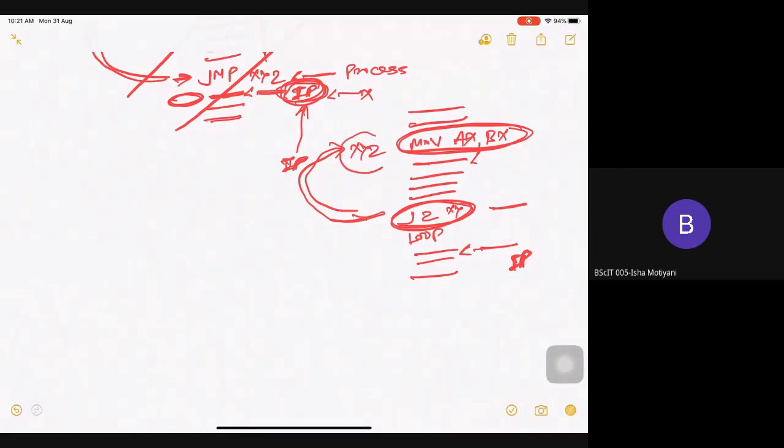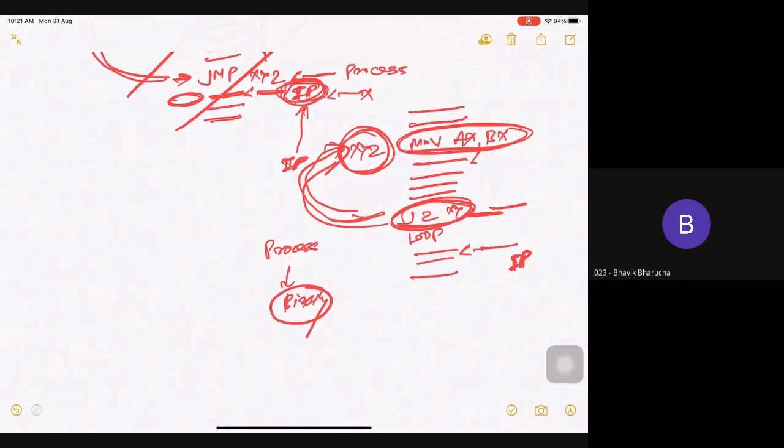Suppose I need to take the IP value of this XYZ, right? I need to know that. Fine? Now the problem is your processor doesn't understand English. It only understands binary. So I need to tell my processor some number so that on that number my processor can jump if that instruction gets true and it will change the flow of IP. So whenever JZ, any jump instruction comes, I need to give the difference.